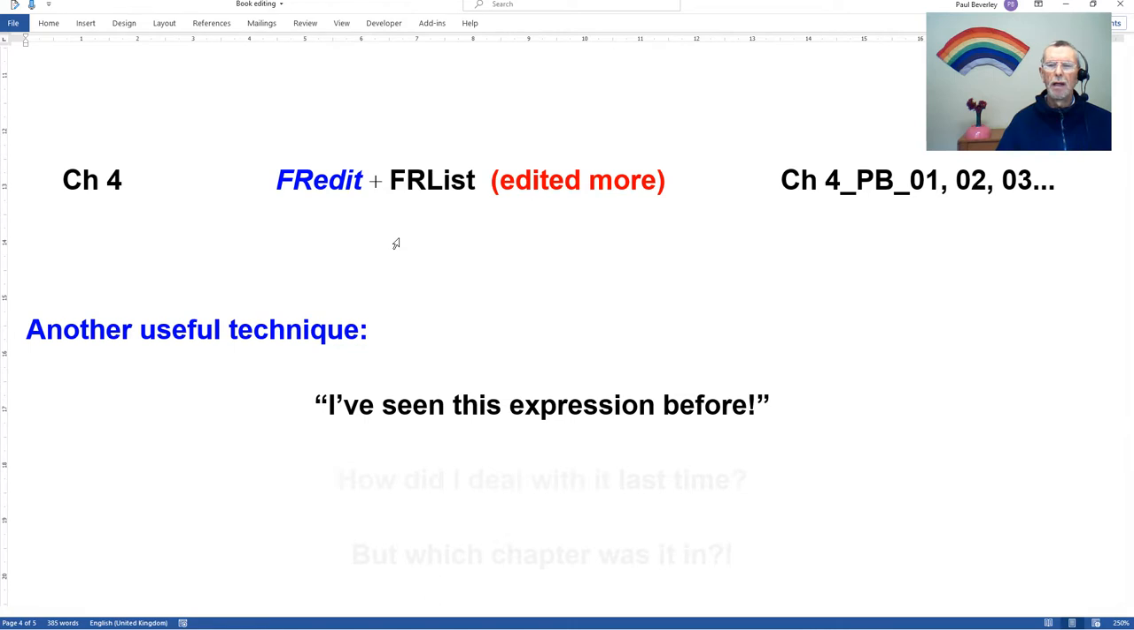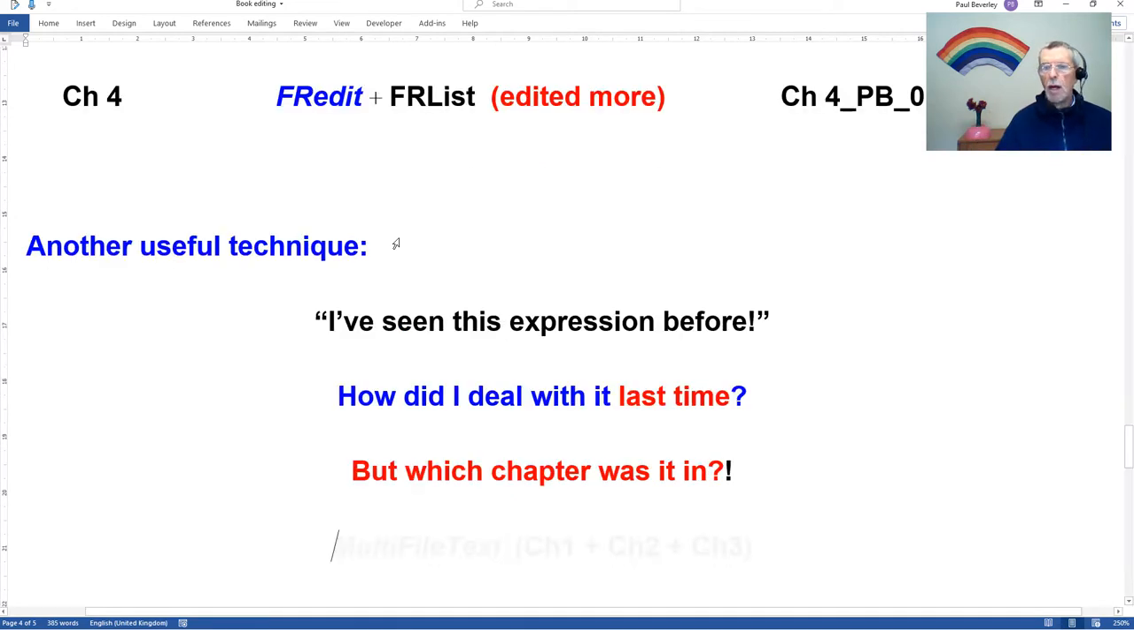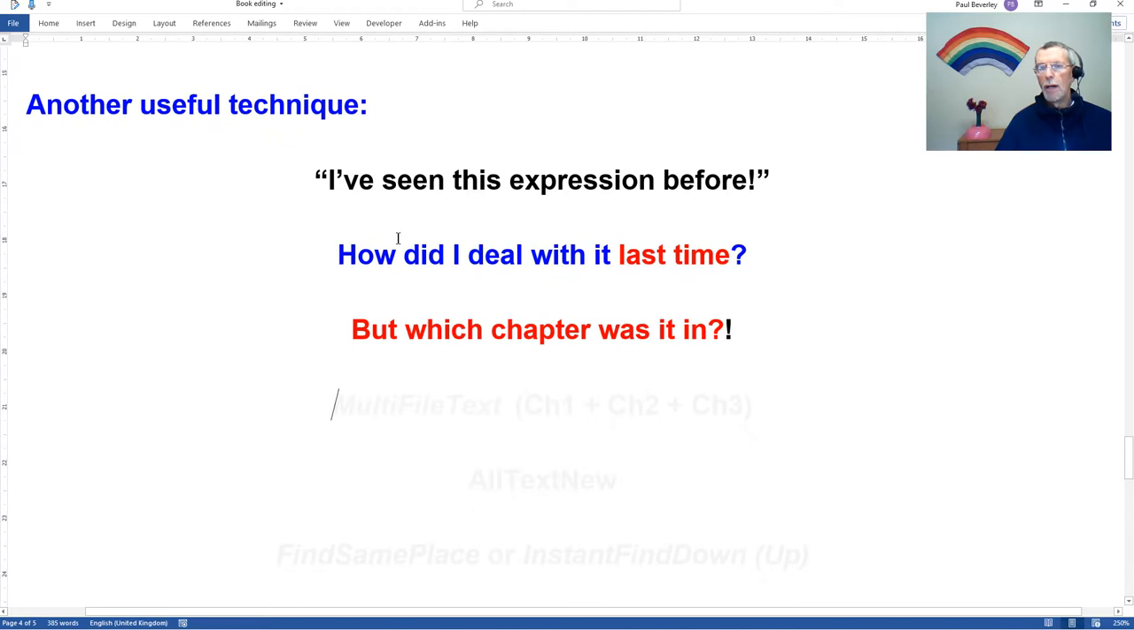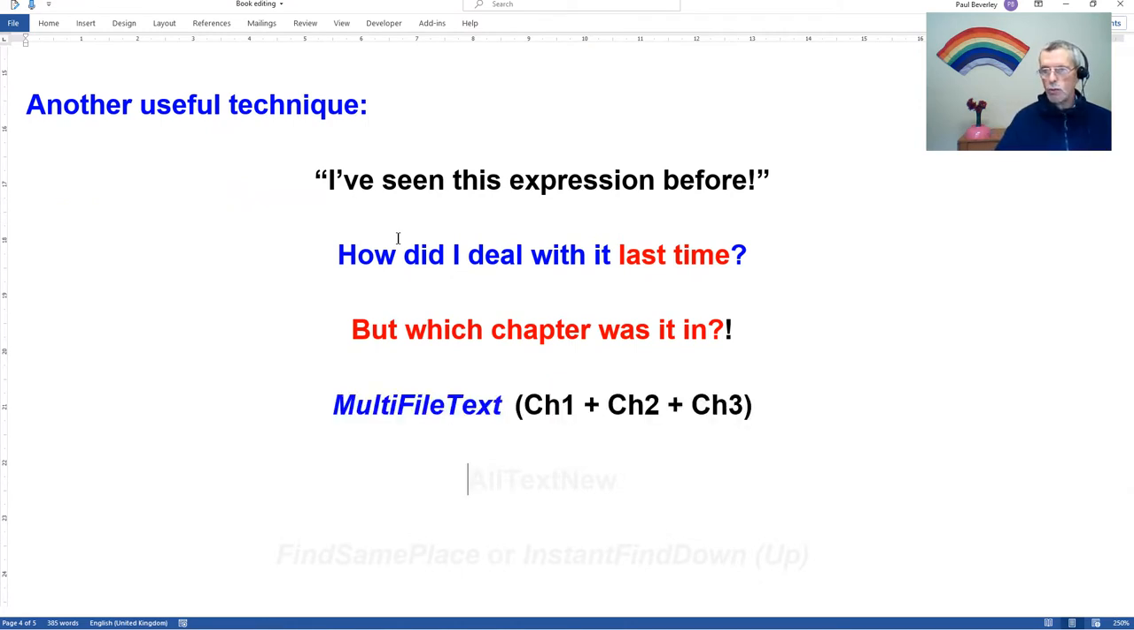Okay, so I get to chapter 4, and to give you another technique that I use, suppose I'm reading chapter 4 and I think, oh, hang on a minute, I've seen this expression before, or oh, hang on, was this hyphenated before? Which is, how did I deal with this expression or whatever last time? But the problem is, I might not know which chapter it was in order to go back and check what I'd done. So what I do, every now and then,